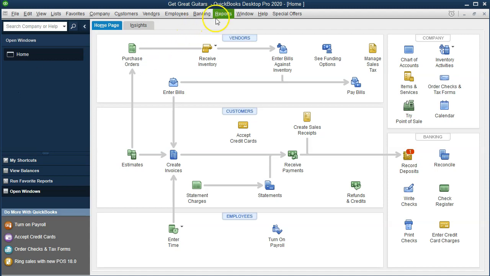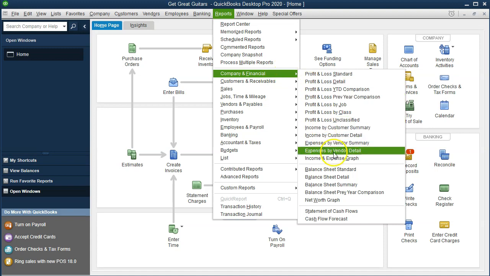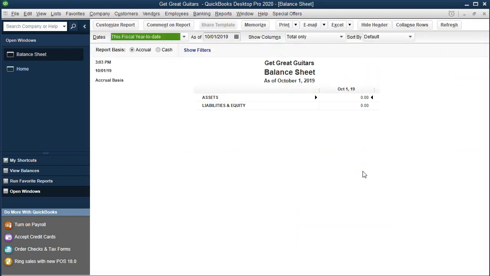We will do that by going to the Reports drop-down up top. We're going to go to Company and Financial and scroll on down to that balance sheet standard type report, one of our favorite two types of reports here. We then have the options that are within the report up top, and then we have the customized reports options here. We're first going to take a look at all these options that are in the face of the report settings or setup,